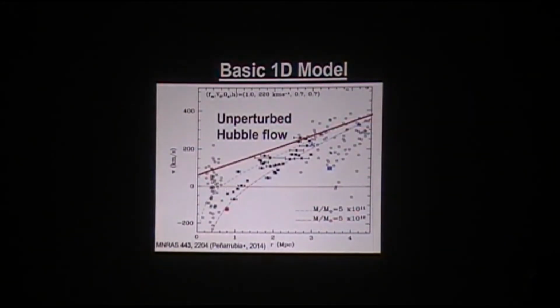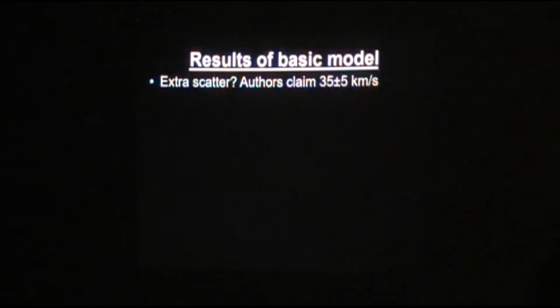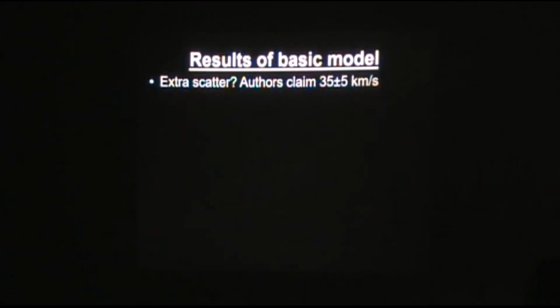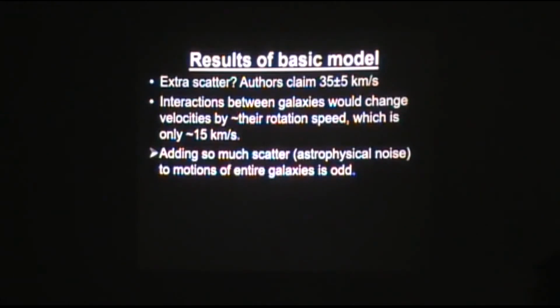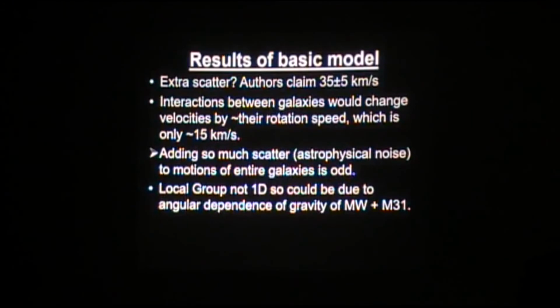So this is basically a 1D model where it hasn't worked very well. But importantly, the authors claim that there was actually a fair amount of scatter about the model predictions. So observations weren't agreeing very well. The important thing to realize is that they don't include interactions between all the dwarfs, but because they're quite small, that should only lead to a 15 kilometer a second model uncertainty. So this is a bit odd why that happened, but that was a 1D model.